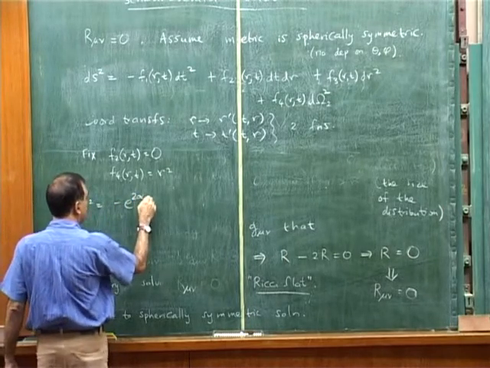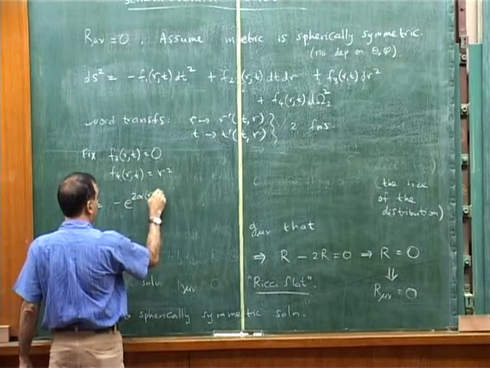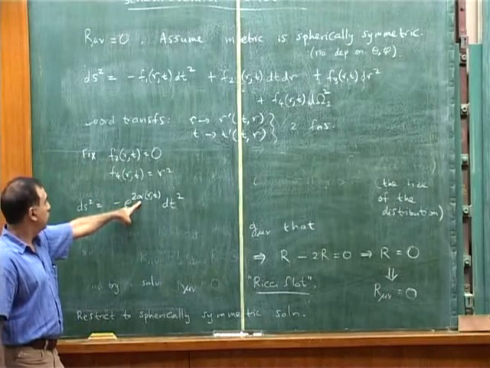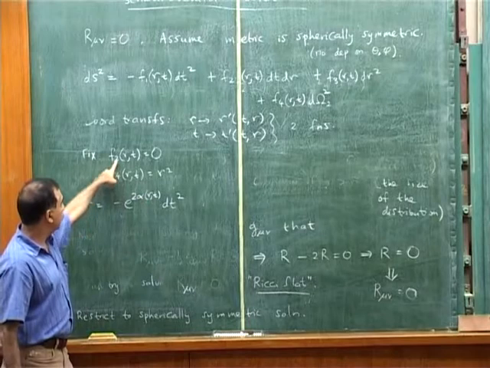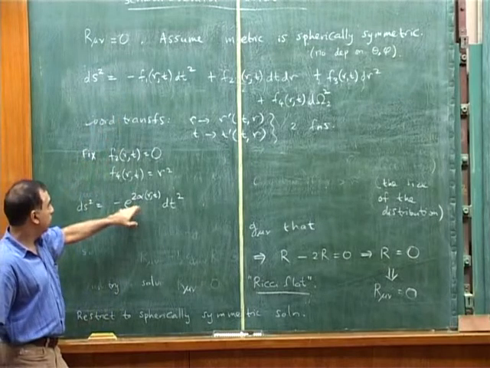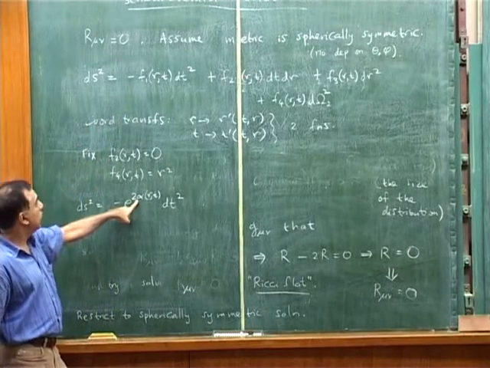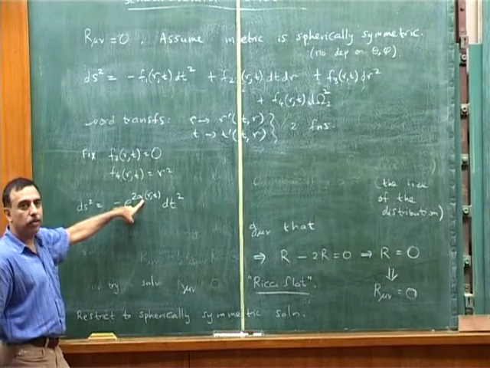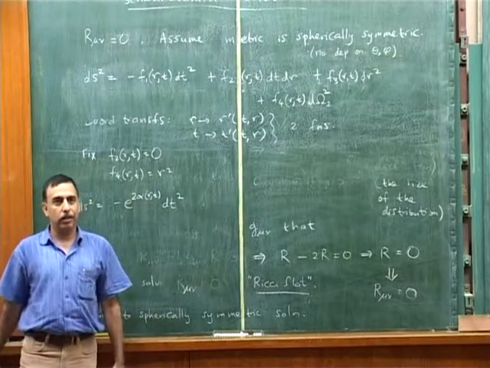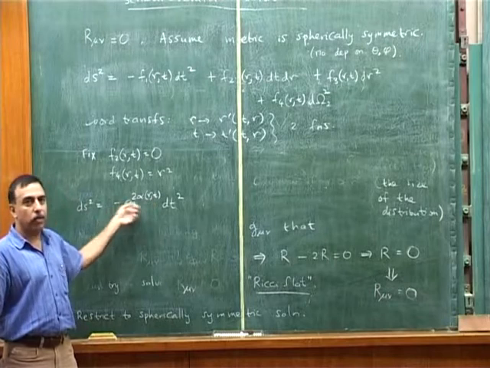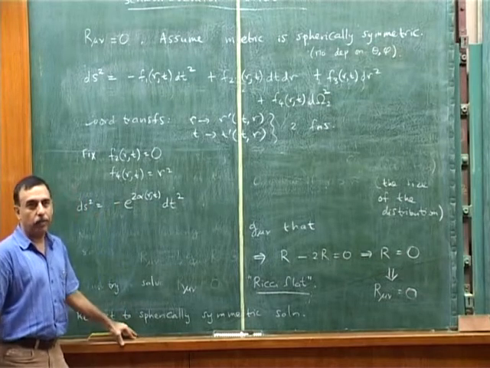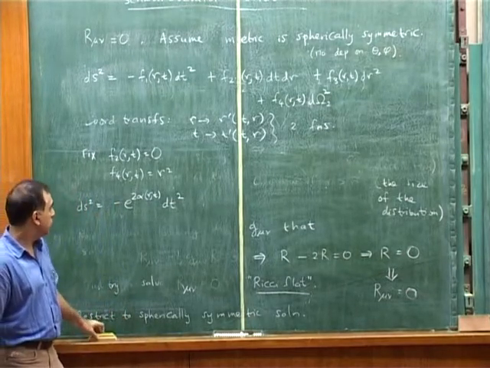I'll call this minus e to the 2 alpha of r and t dt squared. So all I've done is write f1 as e to the 2 alpha. You may object that in this way I've introduced the prejudice that f1 is positive, because I've written it as e to the 2 alpha. But I won't be fussy about whether alpha is real or imaginary. We'll see that later. So this whole exponential could turn out to be negative if I allow alpha to be complex. So we'll hold off on that. We are not going to impose our prejudices on this.